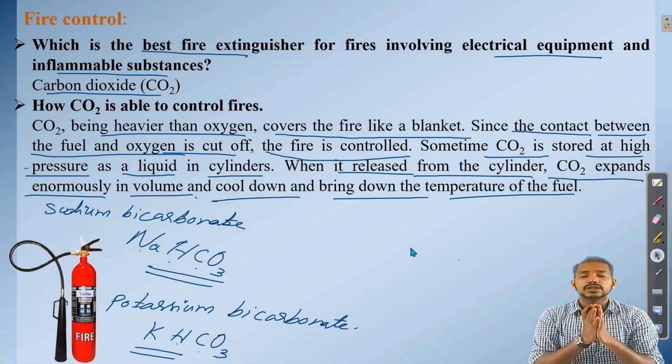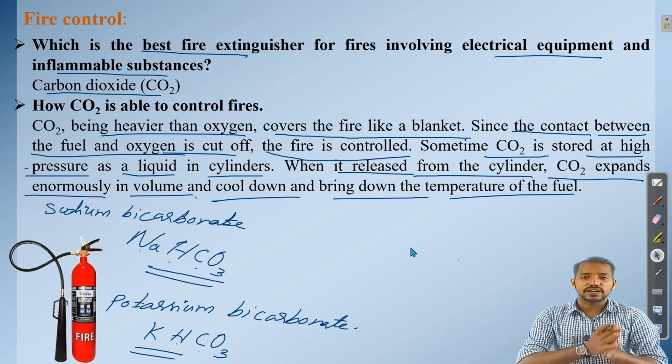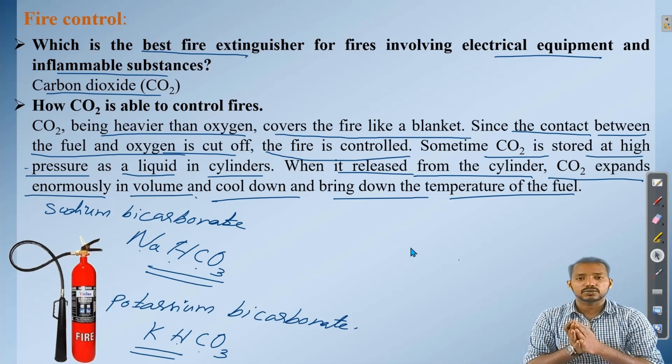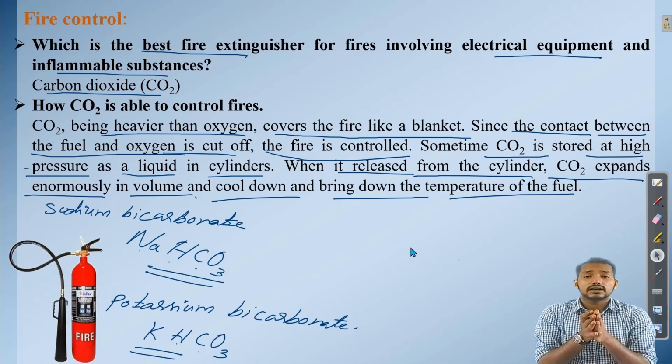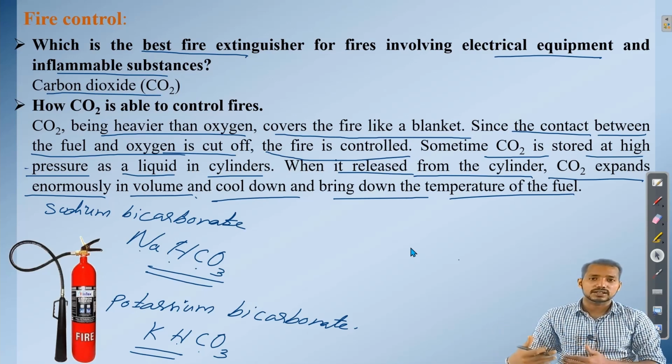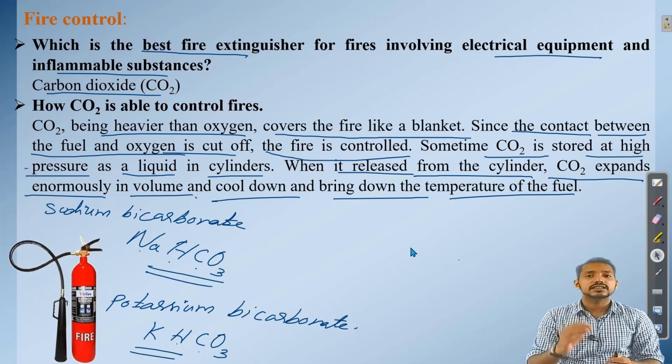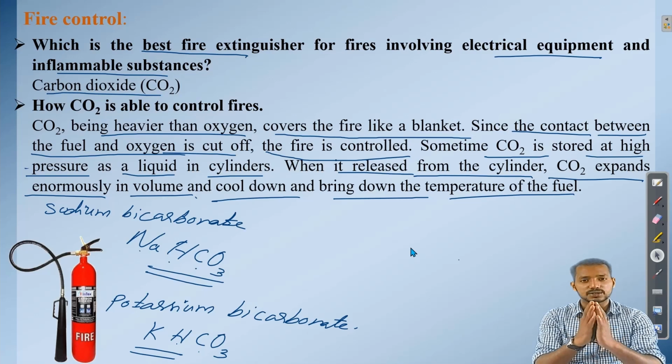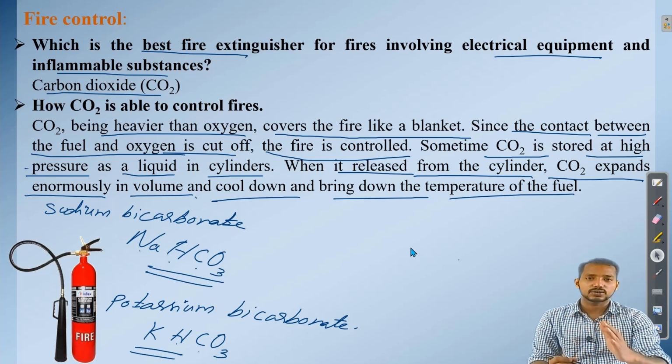Moreover, you need to remember the fire force number. In case of any emergency, we need to call the fire force, because sometimes the fire cannot be controlled by us. In that case, we should not try to put out the fire ourselves. Instead, we need to seek the help of the fire force appointed by the government. Clear? That is also something we need to remember regarding controlling fire.